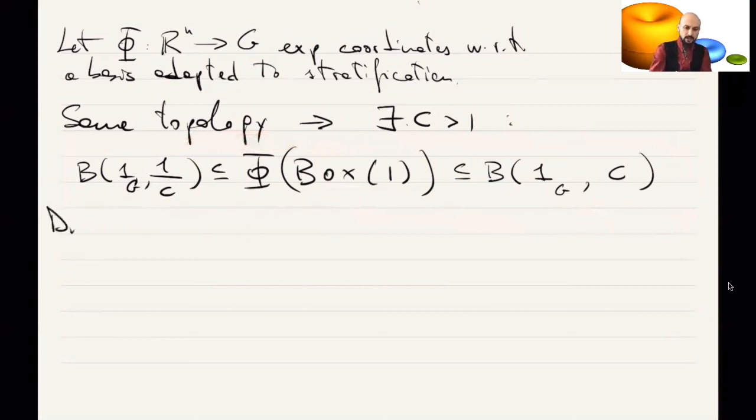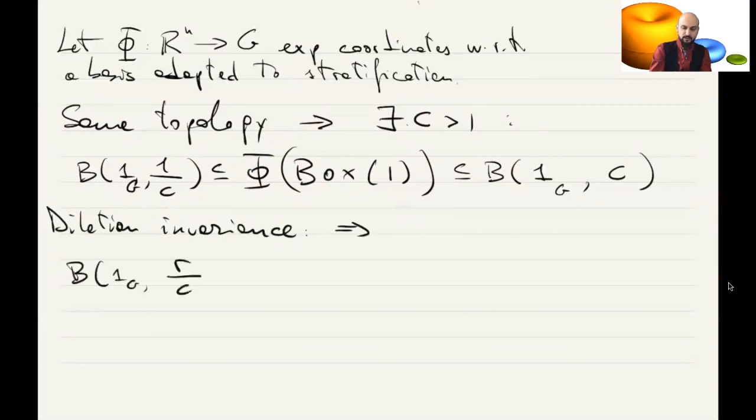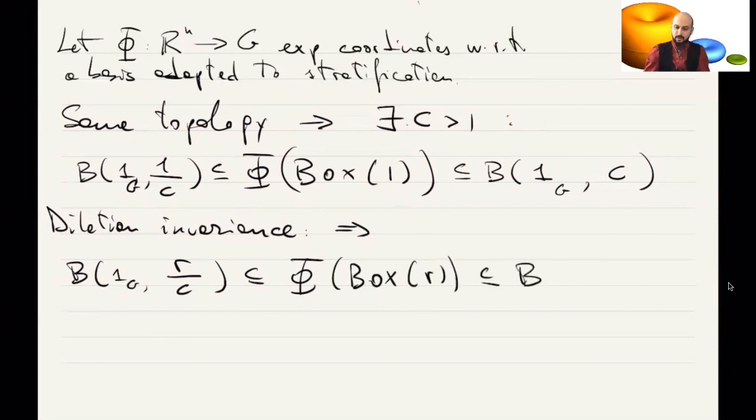Now we apply the dilation invariance, and therefore we have that the ball of radius r over c contains the boxes of radius r, which contains the ball of radius cr. Right? So this is the statement of the Ball-Box theorem, which in words says that